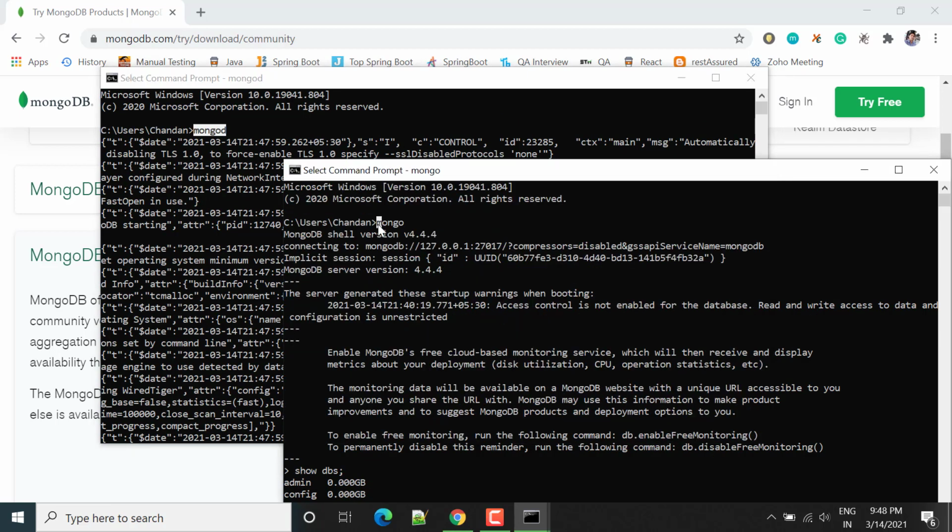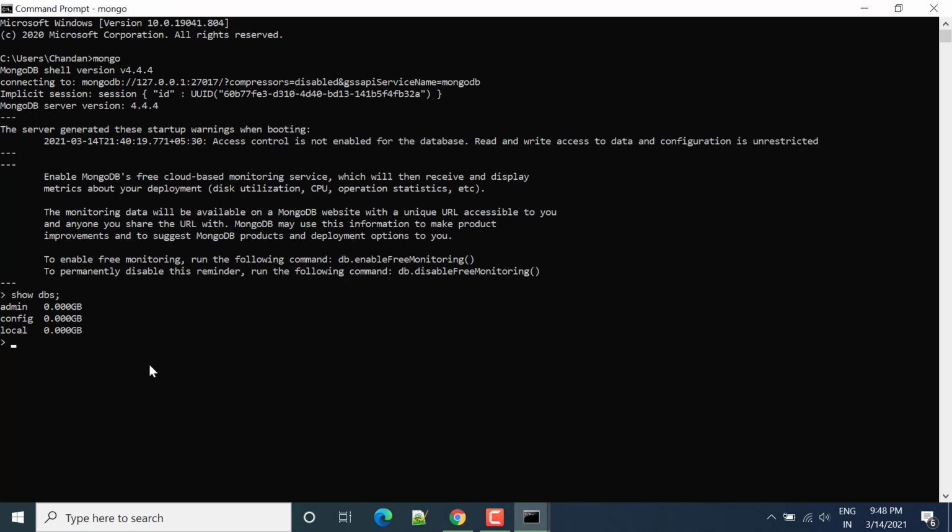Only if you want to connect with the database MongoDB, you have to write mongo, and after that you can perform some commands. So let's say this is our first command, show dbs. It will list all the databases. Now if you want to create your own database, then you can use the command use, and then write my database. So here you switch to db my database. That means one database is created and you are now in that database.